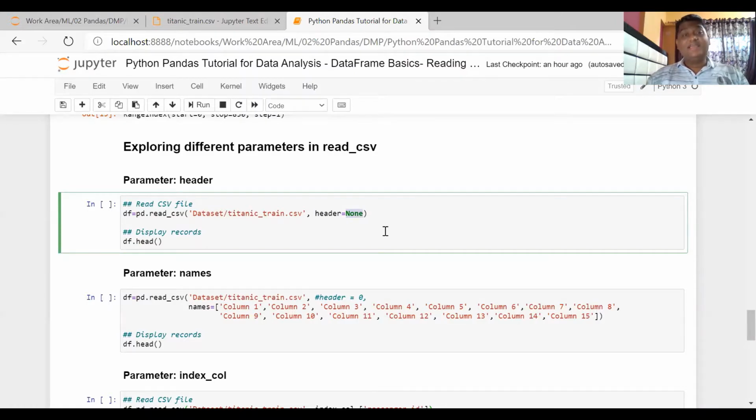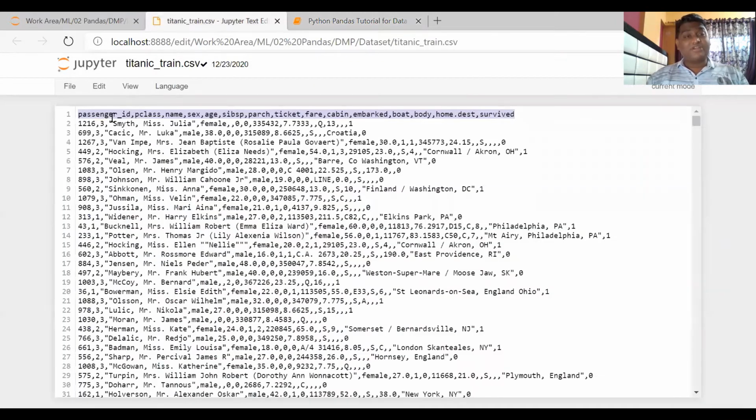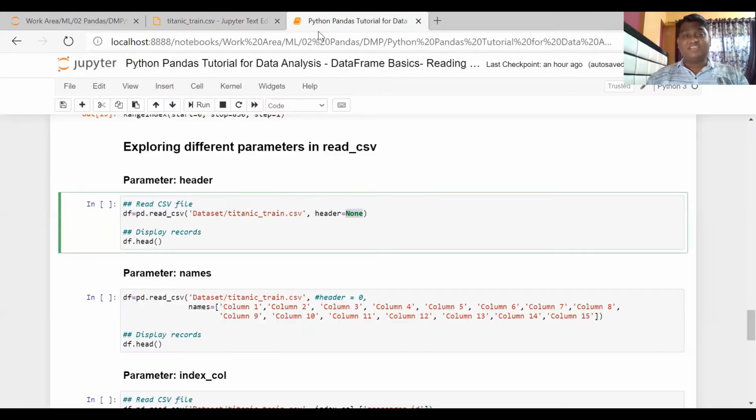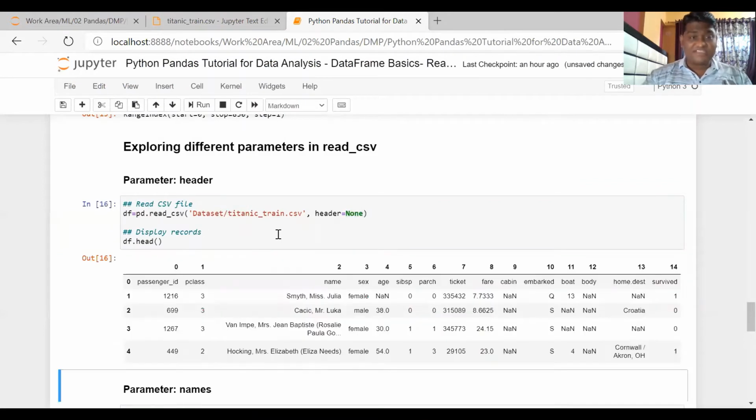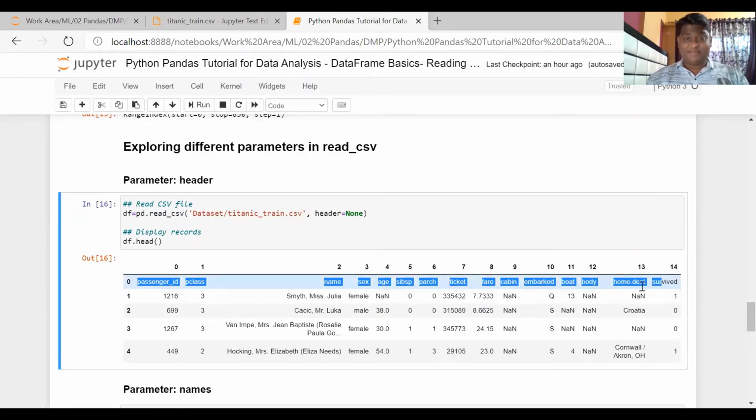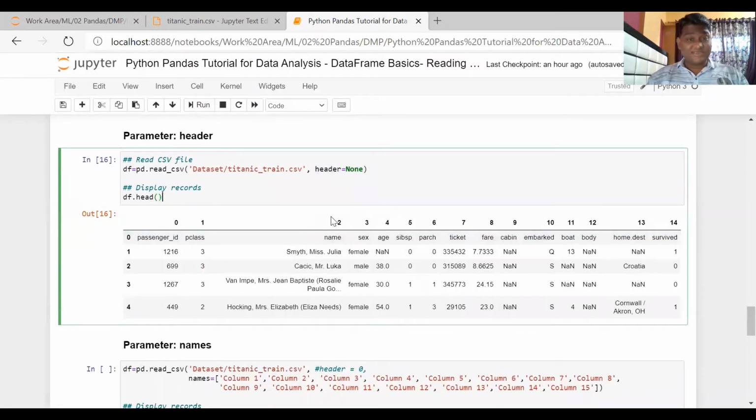If you do that, it will not treat your first record as a header, it will treat it as data and display it in this manner. If I execute the code, you can see your first record is displayed as a record, not as a header. So that's how you can use the header parameter to stop the first record being treated as a header. I hope that is clear to you.